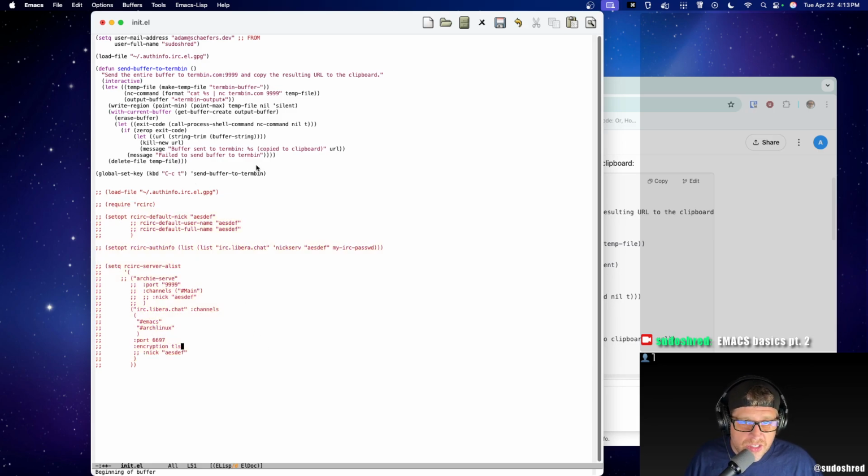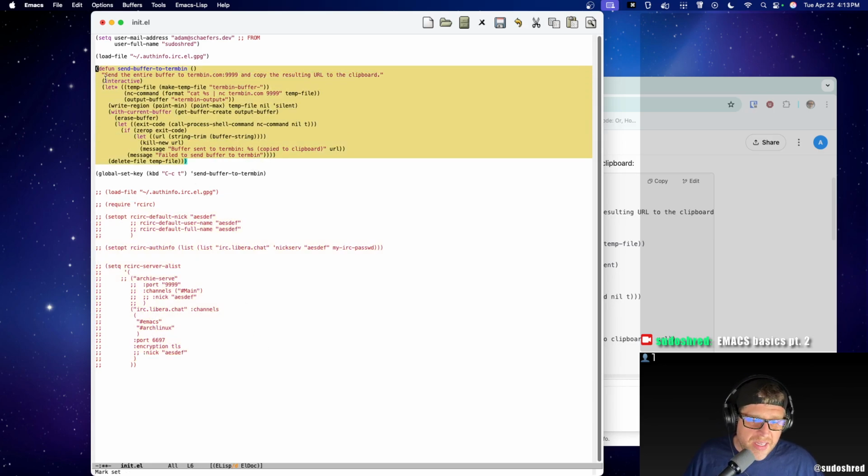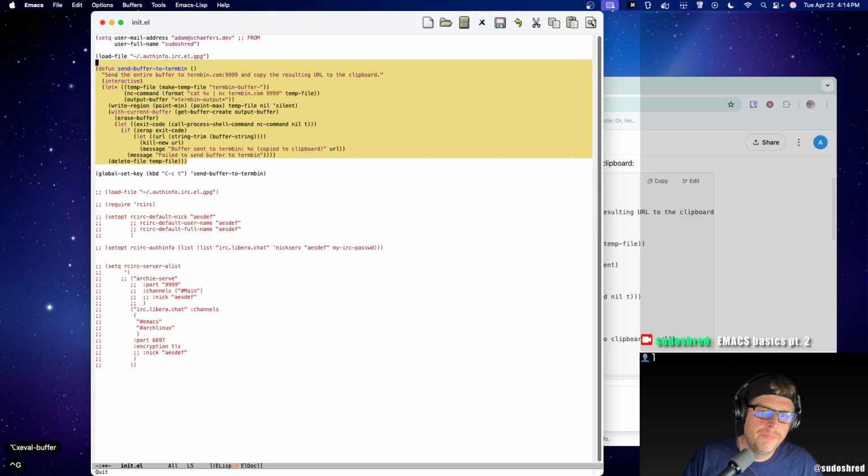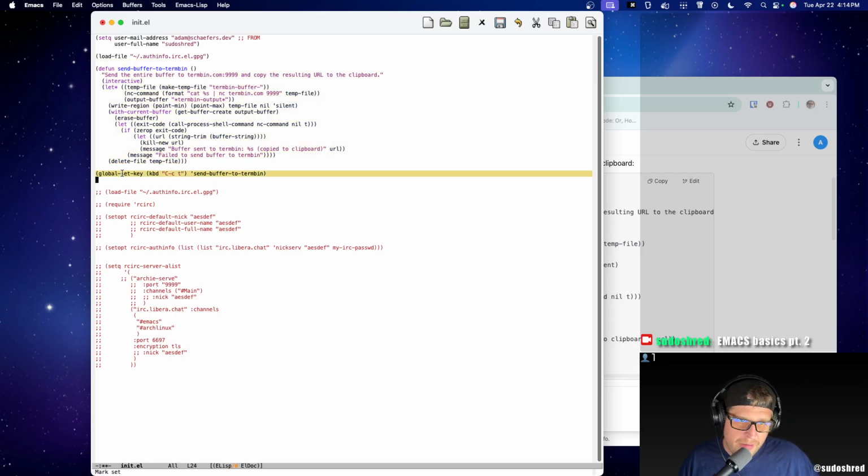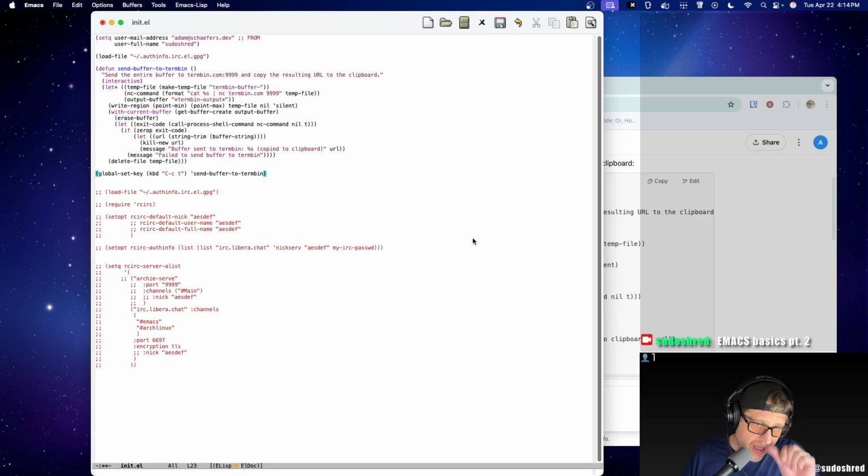And it's already in. Sorry, it's up here. It's this one, starting at line 6. And you evaluate it. It's already evaluated, but you can always run eval-buffer. And so that makes the function accessible. And then how to bind a key would be right down here on line 24. Typically, you'll use global-set-key. There are other ways. As far as I know, global-set-key is the most common way, using this kbd function. So we're going to set a global key binding with Control-C T